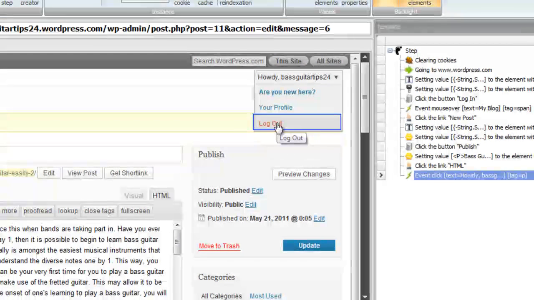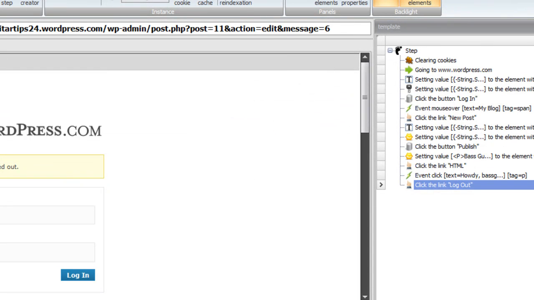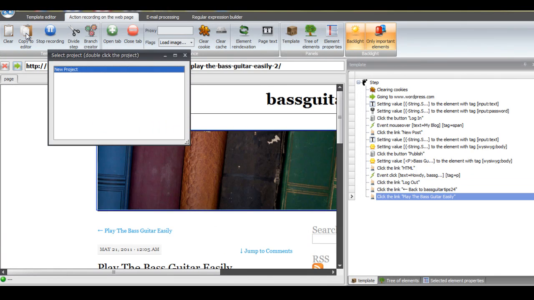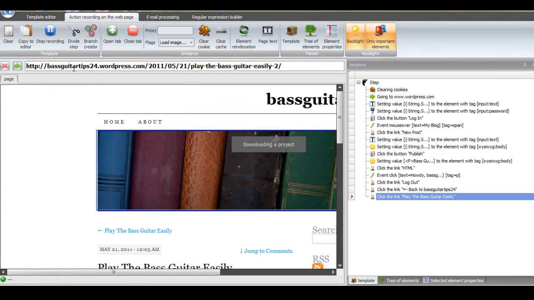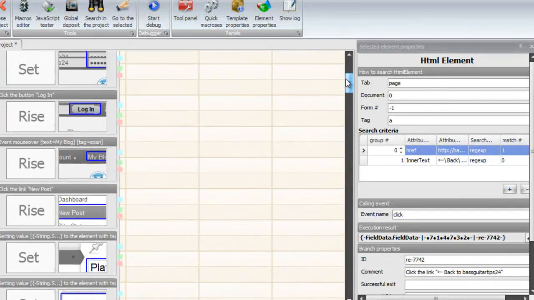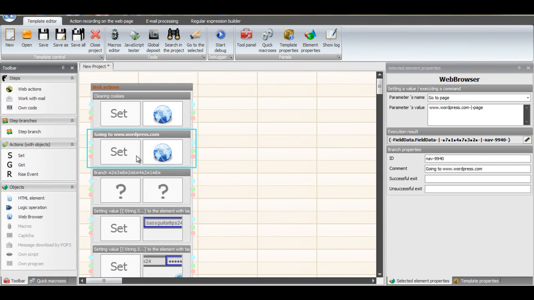But right now what you need to do is, since there's nowhere in here where I have set up the actual link to my blog, I put a step branch in here, and what I'm going to do is I'm going to split the string again, same one, and like I said, you can use a counter or whatever you want to do. Just make sure that if your URL is first, you put in 0 as the number of the part, and that way I have the URL to the blog,